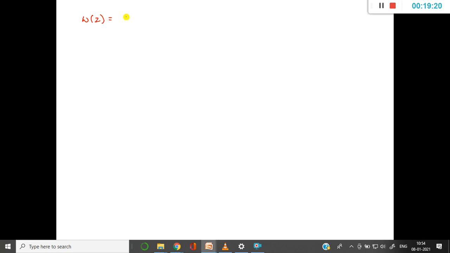W(z) is given by X(z) plus 0.5 z inverse W(z) minus 0.06 z raised to minus 2 W(z), and the final output Y(z) is given by W(z)